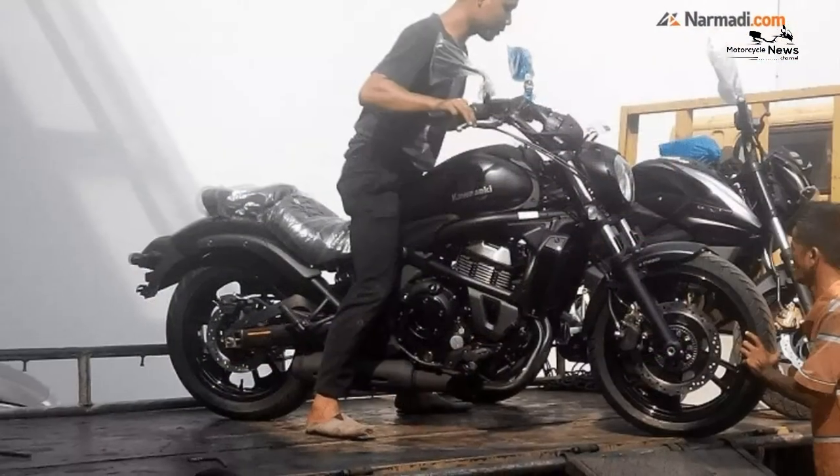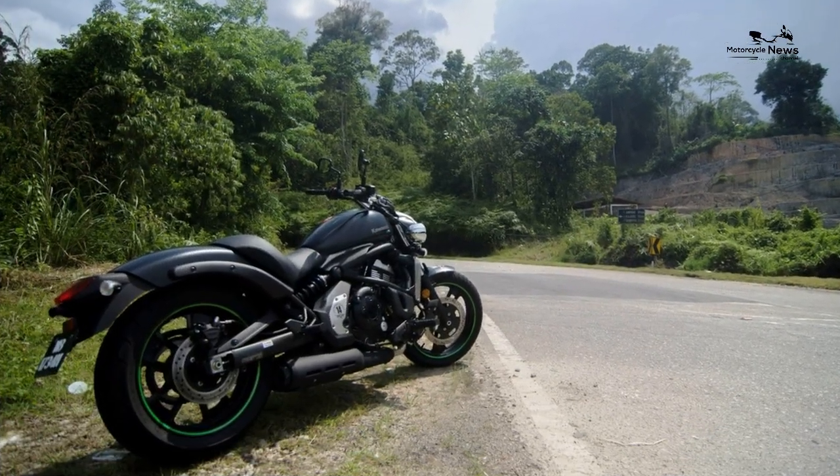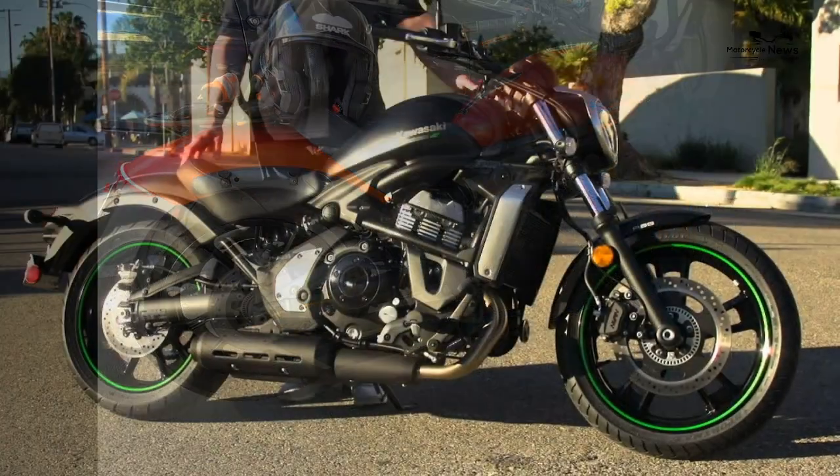The sporty cruiser's insurance is Group 11, so sorting out a modest premium shouldn't be hard. It's the same as a Z650 and Versys 650, but a group higher than Honda's popular CMX 500 Rebel,